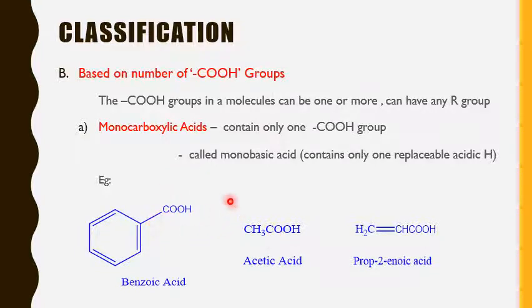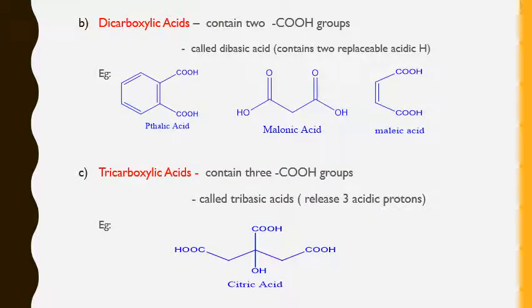And all these COOH are attached to a hydrocarbon chain. It could be aromatic, aliphatic, saturated or unsaturated. But the commonality between all these three is that they have only one COOH group. That's why they are categorized as monocarboxylic acids. What if we have two carboxylic acids in the molecule? Can we have two COOH groups? Yeah, absolutely.